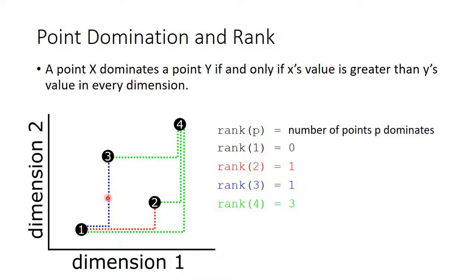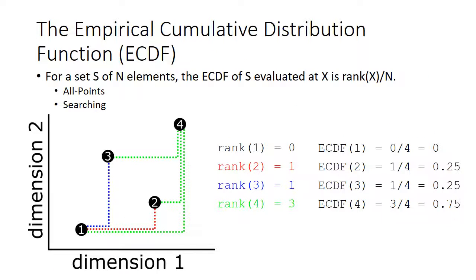And likewise, the rank of 3 is 1, and the rank of 4 is actually 3 because it dominates these 3 points here. So with that in hand, we can advance on to building up our actual problem, which is to find the empirical cumulative distribution function, which I'm going to refer to as the ECDF of a given set of points